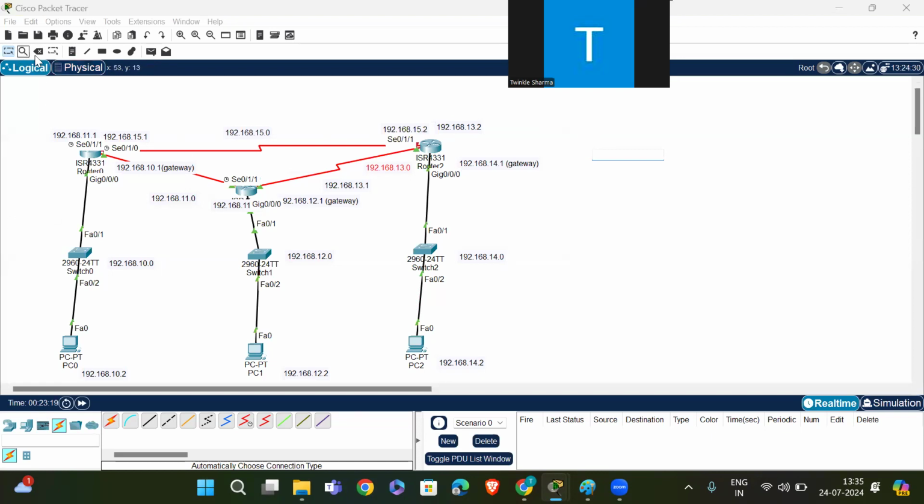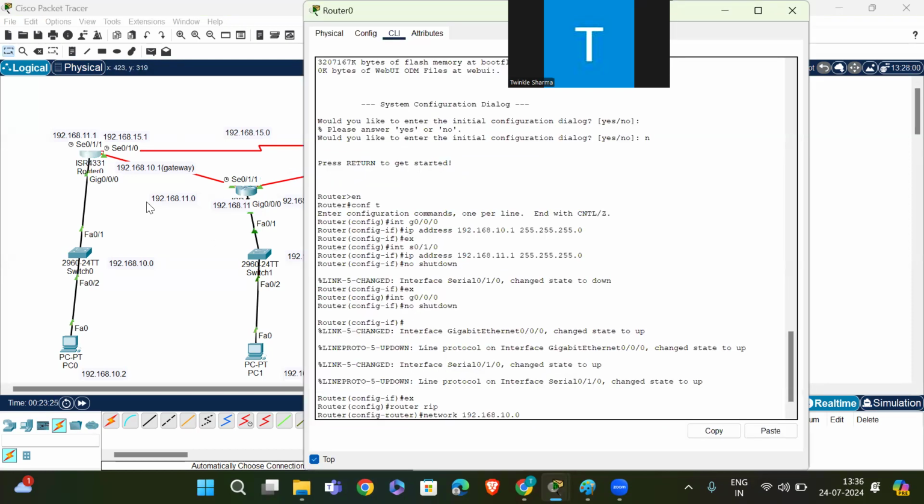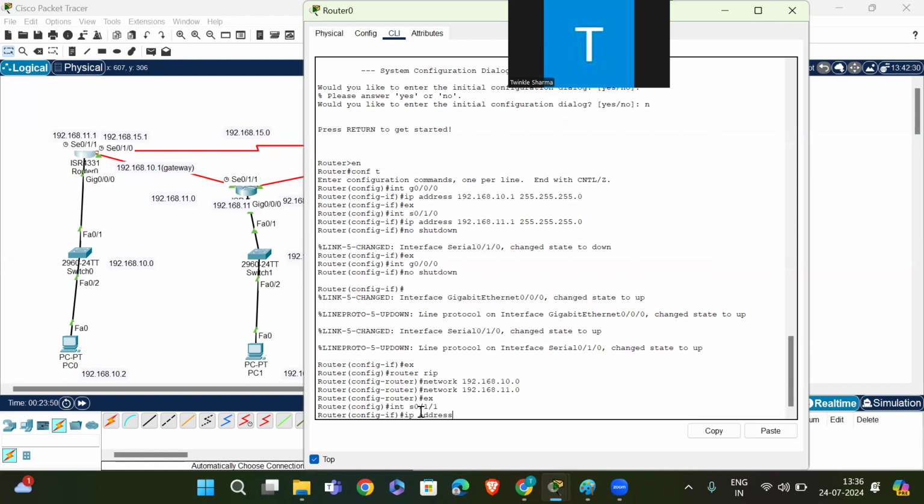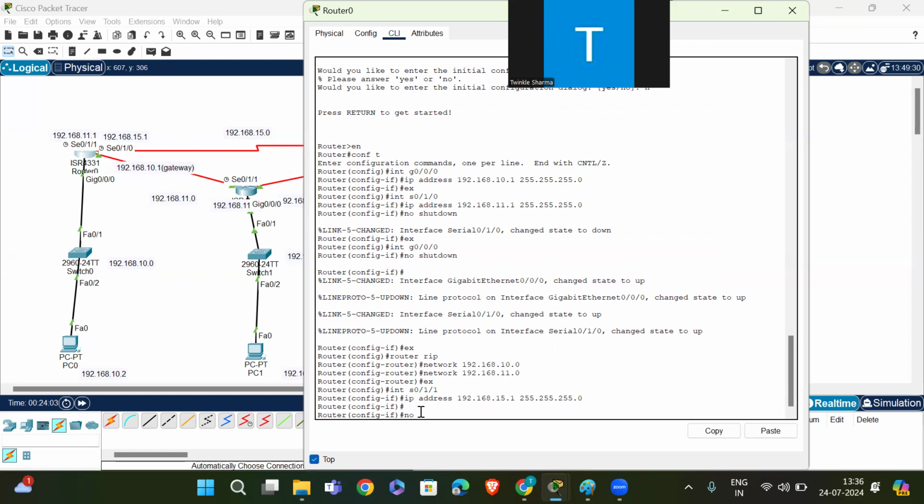Let me give this to the routers. On router 0, interface S0/1/1, IP address 192.168.15.1, 255.255.255.0, no shutdown.